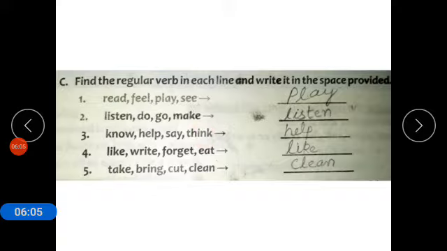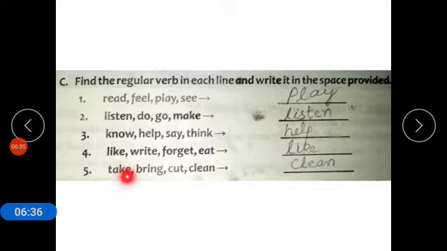Think, thought, thought, irregular verb. Now coming to the fourth one, like. Like, liked, liked. Like is a regular verb. Write, wrote, written, irregular verb. Forget, forgot, forgotten, irregular verb. Eat, ate, eaten, irregular verb. Now coming to the fifth one,